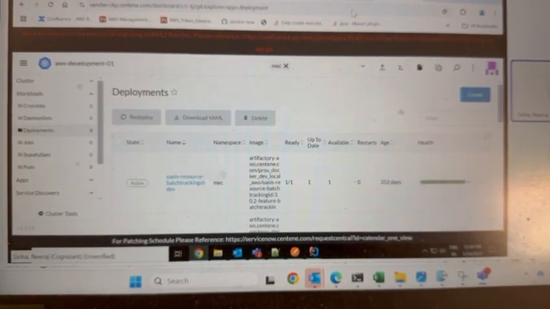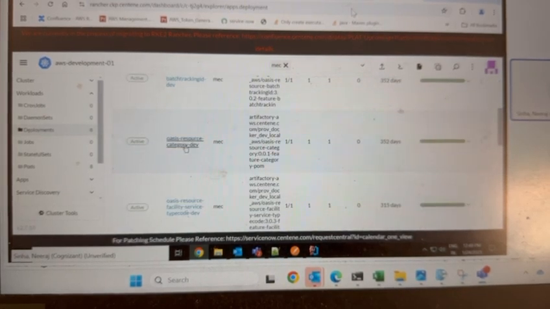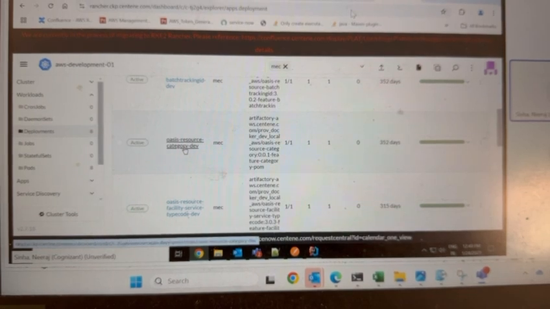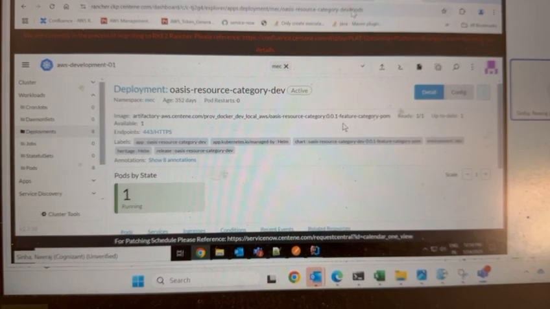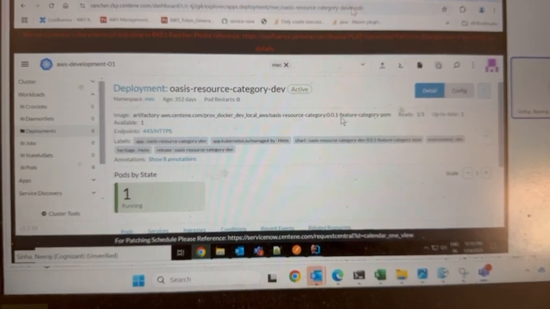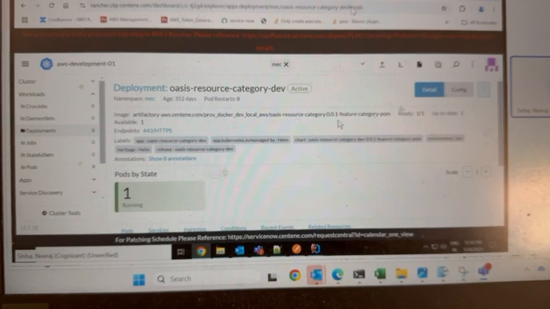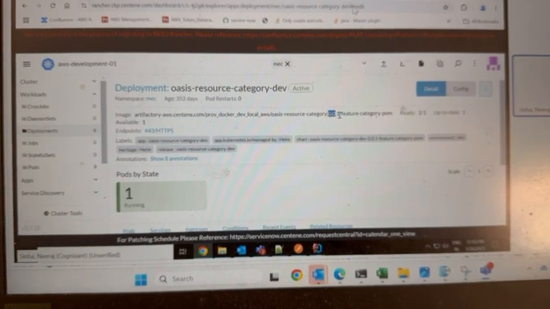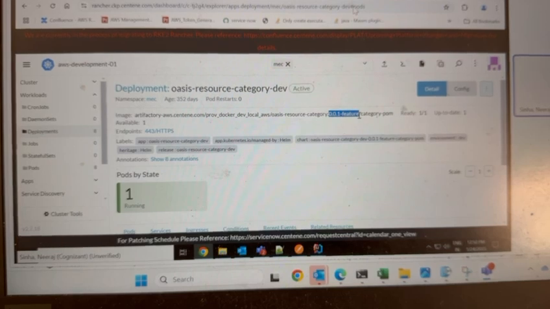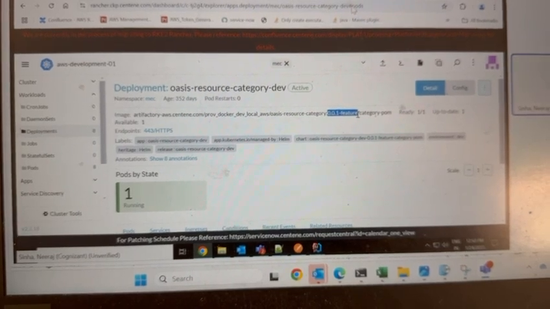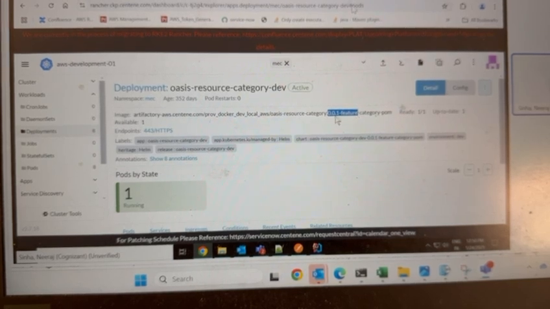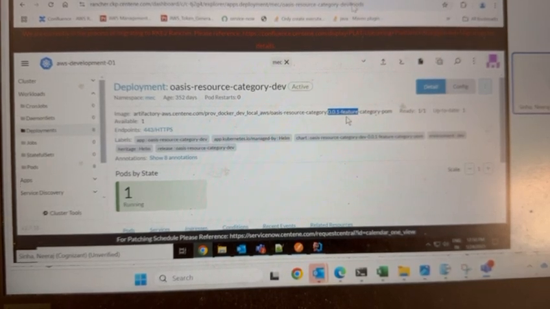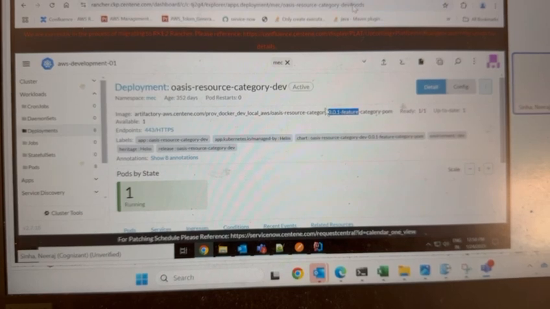For example, we have opened the category service. So you can see this category service is there. Just click on that. And here you can see which version is currently there in the development environment of this particular OSS service. So you can see 0.0.1 hyphen feature. So the next version which you will be deploying will be 0.0.2 hyphen, sorry, just a second,